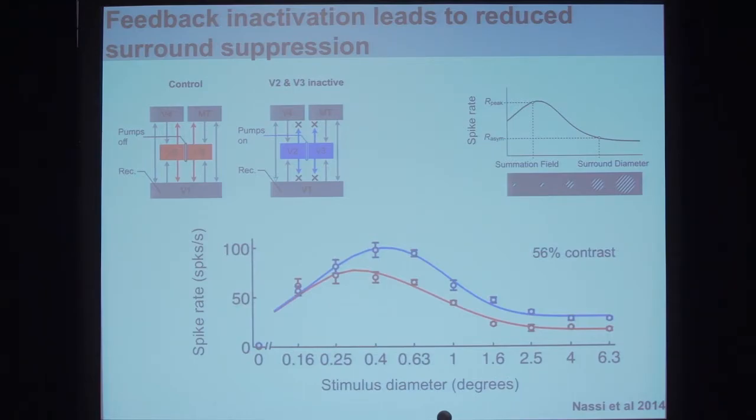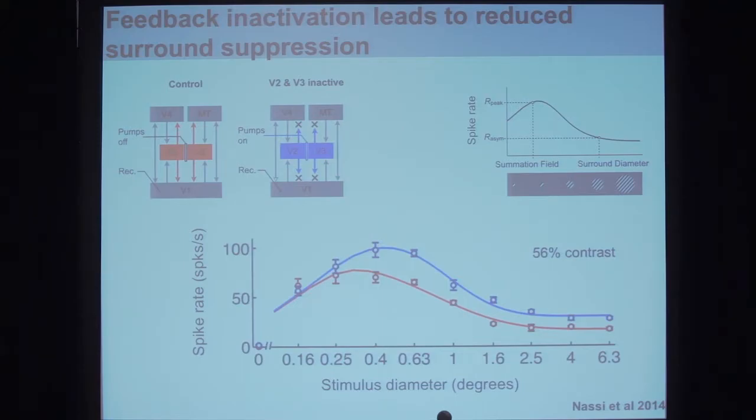One of them is illustrated here and has to do with so-called surround suppression. So if you start increasing the size of the stimulus, eventually the responses of the neurons become smaller. So that's illustrated in these area summation curves. On the y-axis, you have the firing rate. On the x-axis, you have the diameter of the stimulus. Larger is better at the beginning, and eventually larger is no longer better, and the responses decrease.